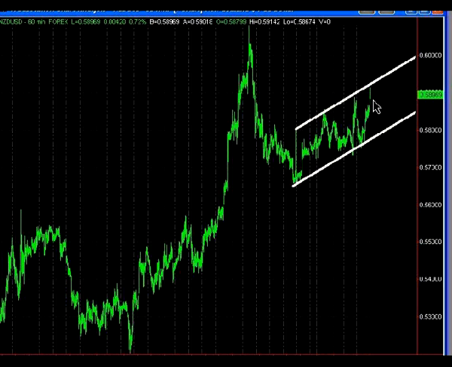What I might look for here, as I mentioned in the last report as well, you can argue that this channel line is corrective in nature, and what I often see at this point, we might see a little bit of spillover on the top. That would be a slight penetration of the upper resistance line, followed by a breakout to the downside. Now, I'm not saying that's going to happen, but in my experience, that often is the case with these patterns. So certainly keep an eye on that. But if you are setting up trades, me personally, I would wait for a close beneath the lower support line.